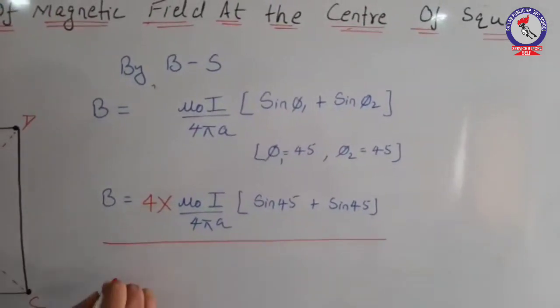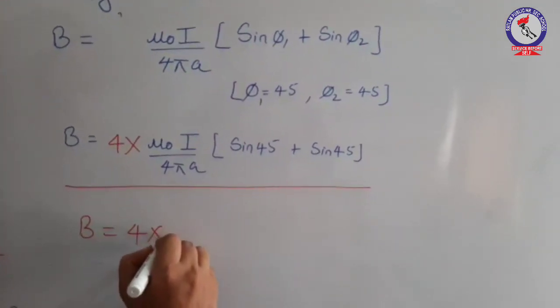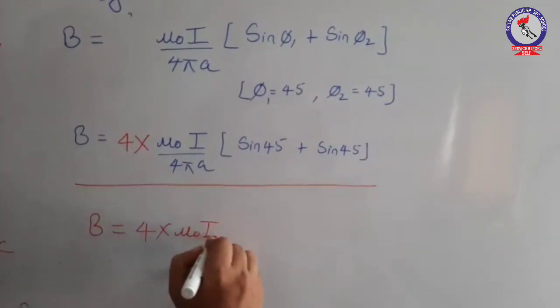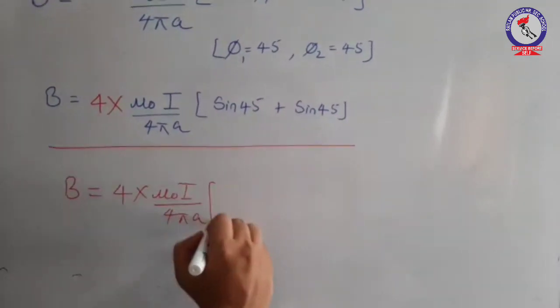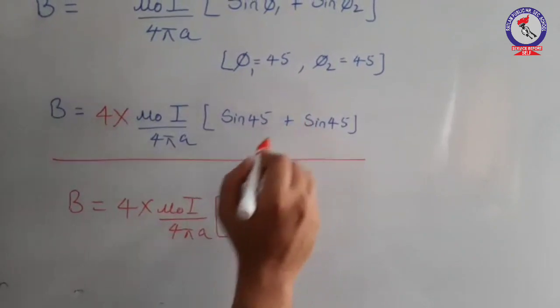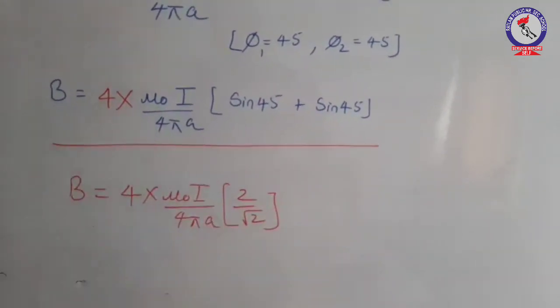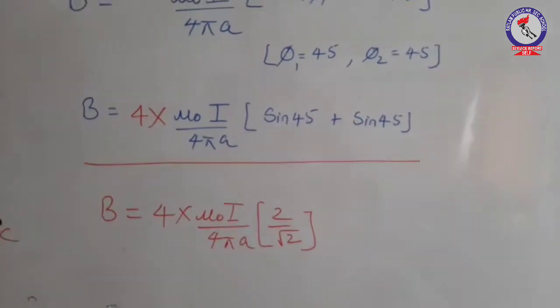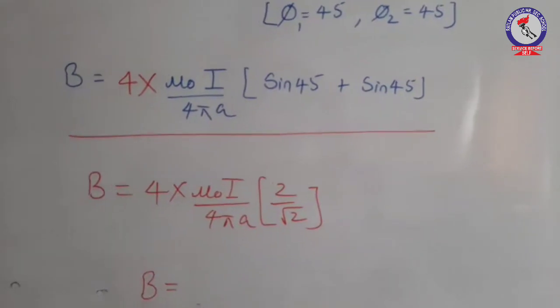Hence you have net magnetic field equals 4 times mu naught I upon 4 pi A, 1 by root 2 plus 1 by root 2, which gives you a value 2 by root 2. On simplifying this, you will get the final value as